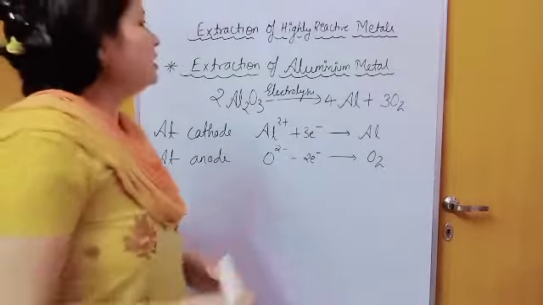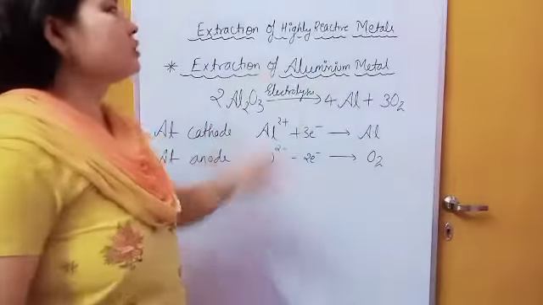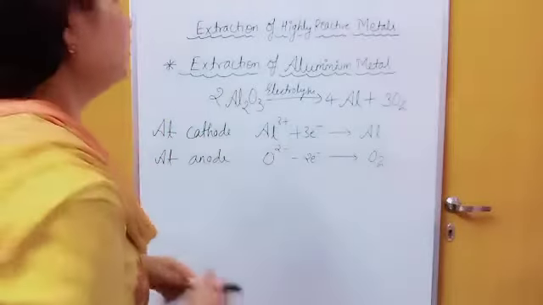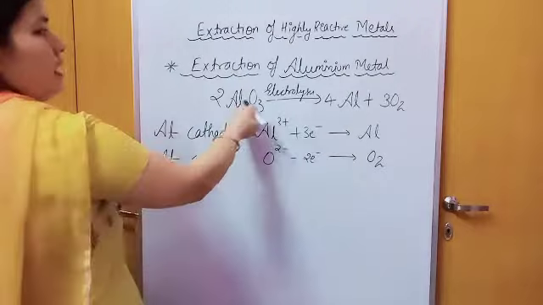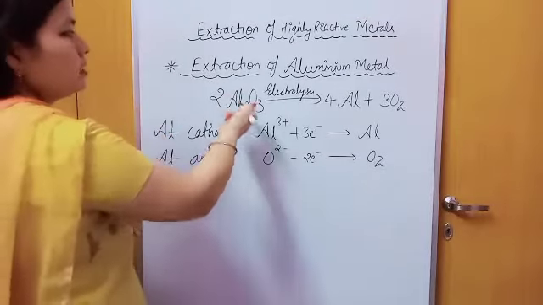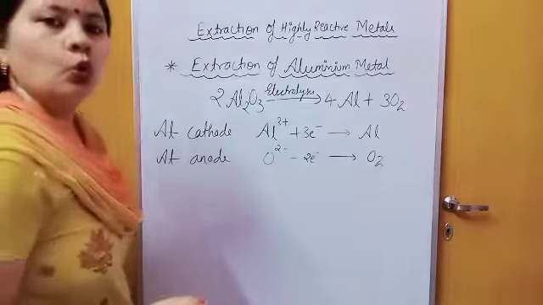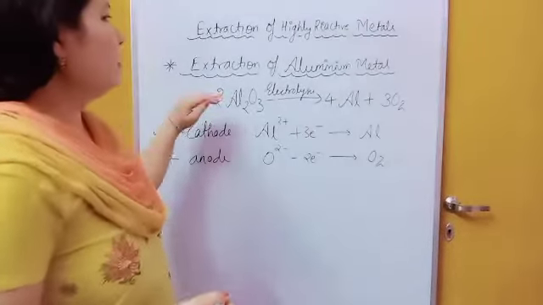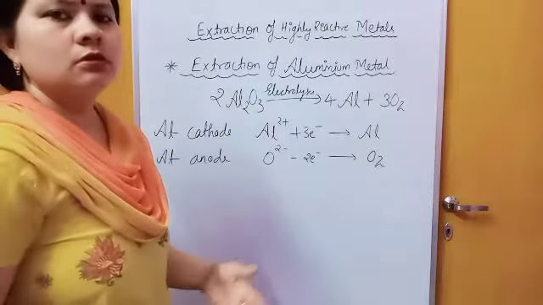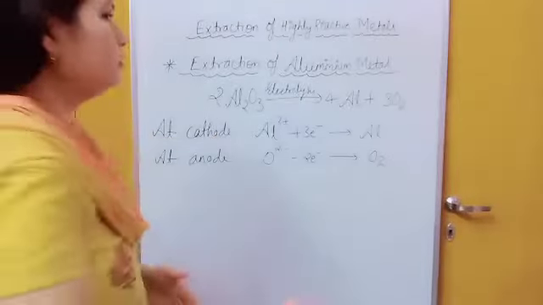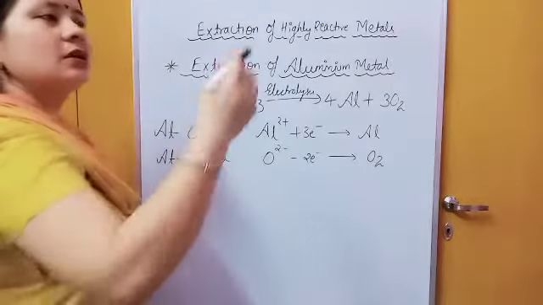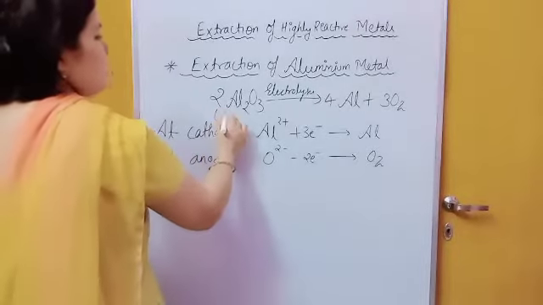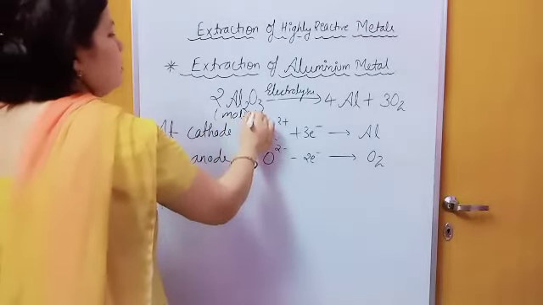Okay 10th class, similarly we'll take another example, extraction of aluminium metal, just like NaCl, same condition for aluminium metal. Now we have the ore, it's corundum, that is Al2O3. Normally it's bauxite, Al2O3 dot 2H2O, but when this form Al2O3 is present, it is corundum, or alumina, in which aluminium is present. Now similarly like NaCl, this one is also present in molten state, aluminium oxide.